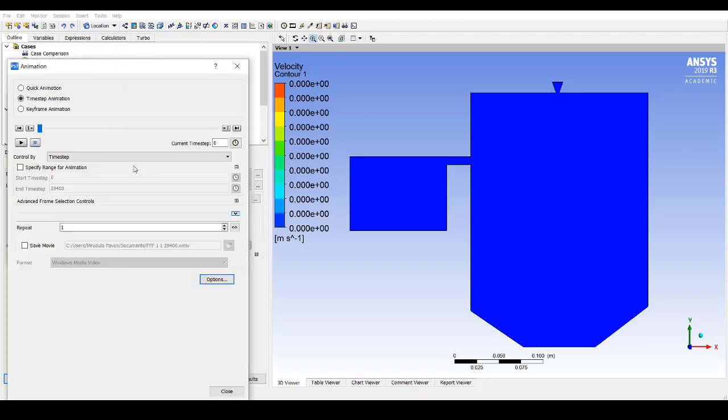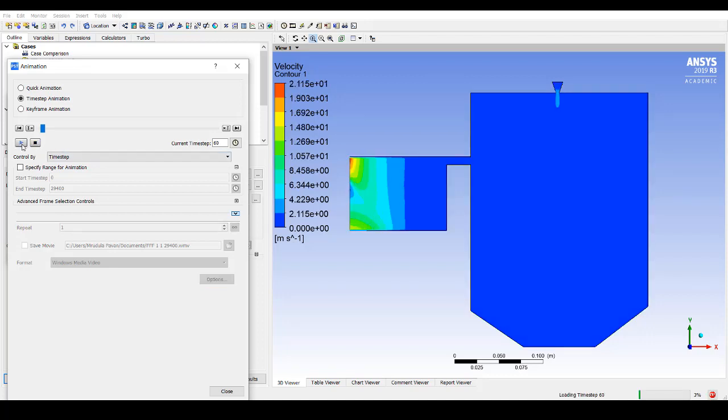Now if you take the time step animation, you can see this velocity difference as the air is pushed out of this, and there is a formation which is making the reversal flow happen. That's the reason why the velocity is prompting.